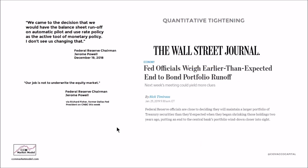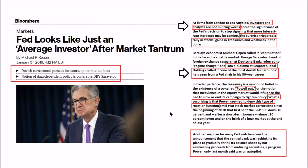Quick update on developments related to the Fed. Remember, at the December meeting, Chairman Powell said that the balance sheet policy was on automatic pilot, and he didn't see them changing that stance anytime soon. If we fast forward to the January meeting, the Fed has basically made a complete about-face, a 180-degree reversal on every